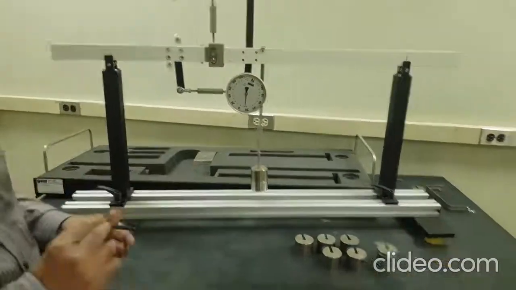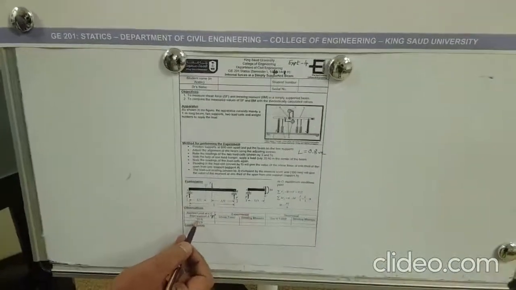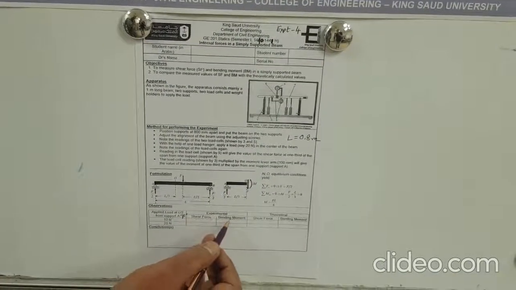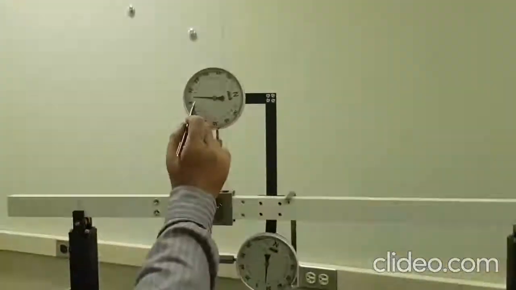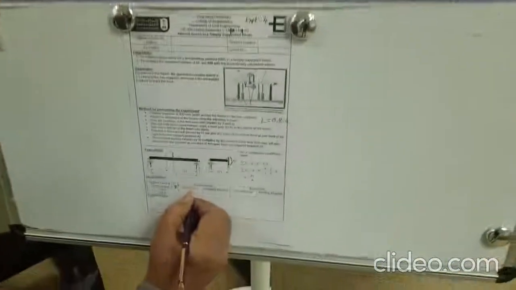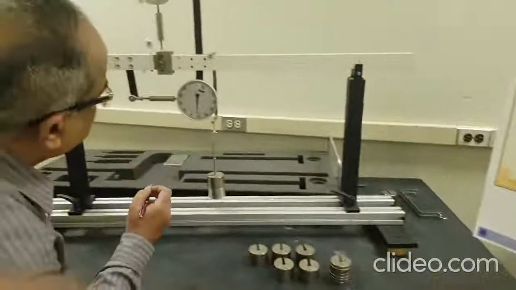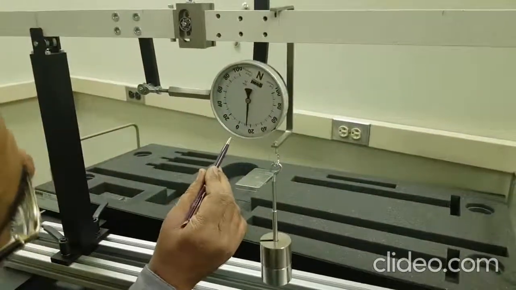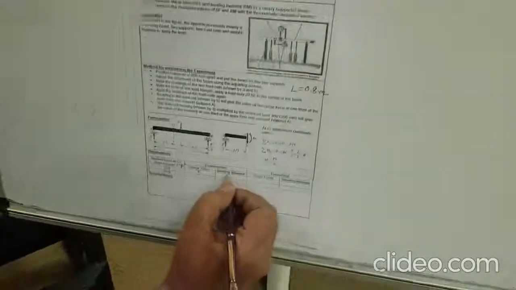Okay, now see here, applied load at half length, midpoint, 10 newtons. So experimentally, we will get the shear force and bending moment. So how much is the shear force and bending moment? The shear force is 5, you can see here. So let's make a note of it here. It is 5 newtons experimental. And then the bending moment. The bending moment, guys, is going to be 1.4. So the bending moment is 1.4.